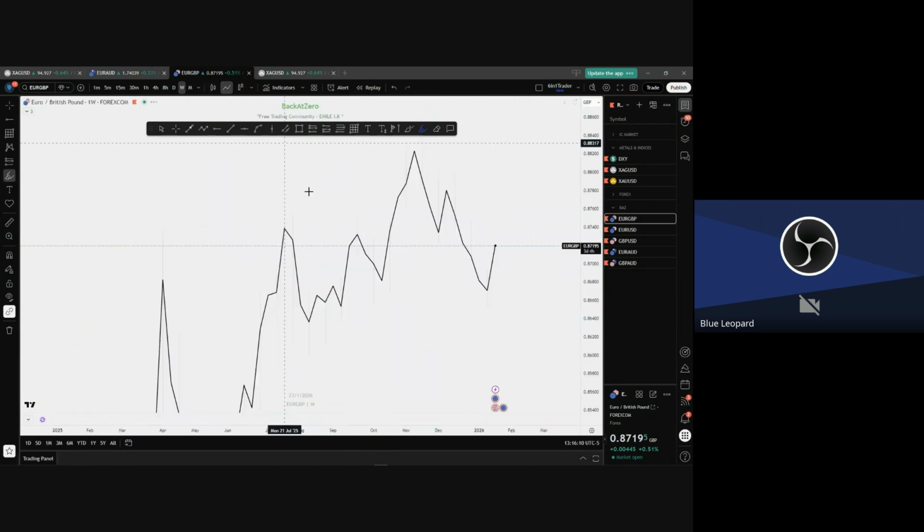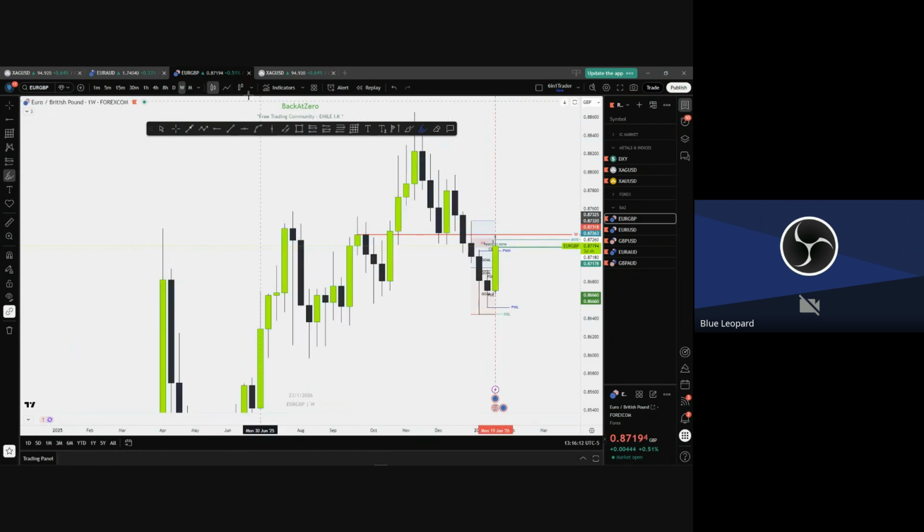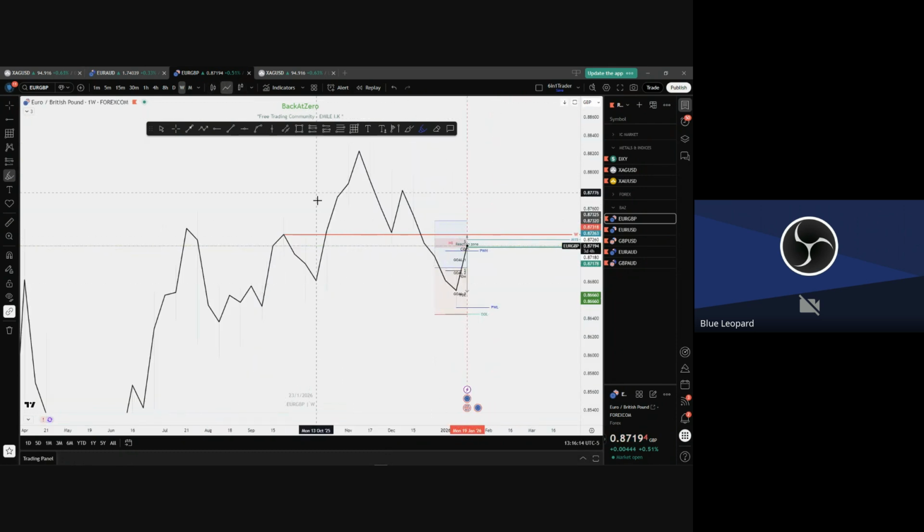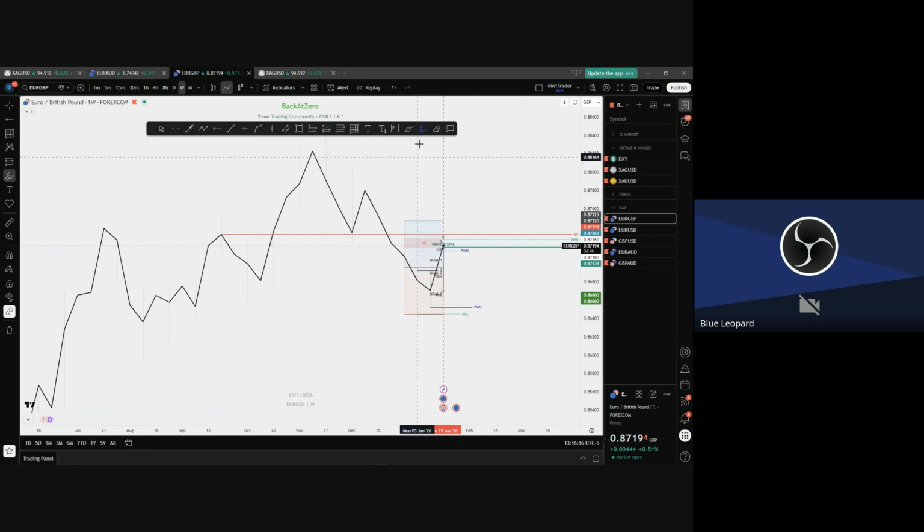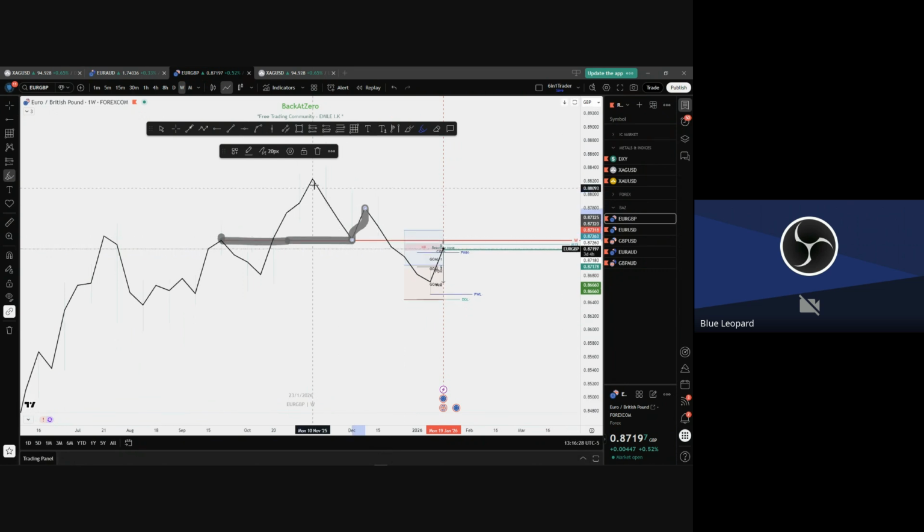I have a video on my channel explaining to you how to mark the key level. And you have the key level here. This key level was a resistance and then got broken. And then it was a support. But after pushing that support, price did not break here. Price came and broke this. So now this is again a resistance. So as soon as price reached this level, I'm expecting to see price drop again.